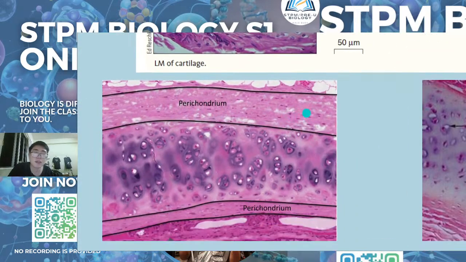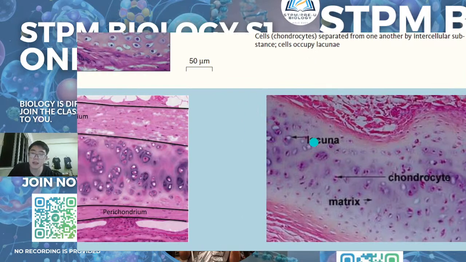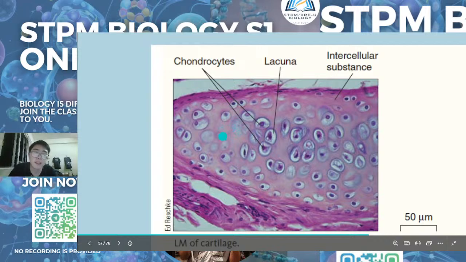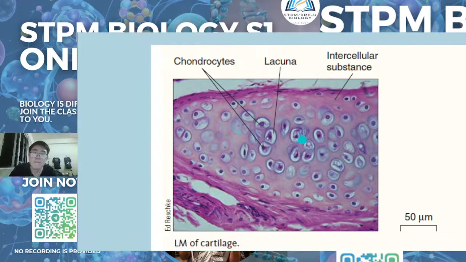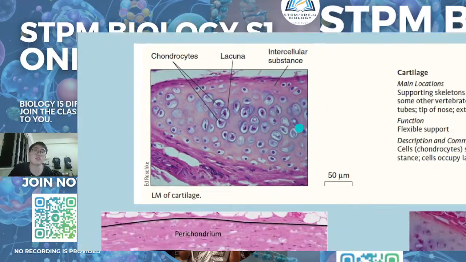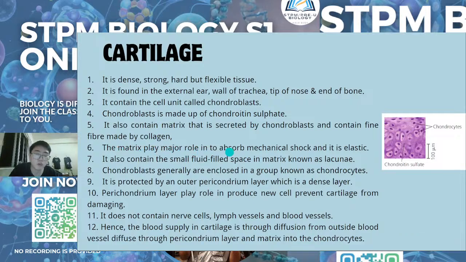This is the protective layer to protect the cartilage. And then you see here there is also a lot of matrix material there. So this matrix also acts as a protection to the cartilage cell. So you see that the matrix plays a major role in absorbing mechanical shock and is